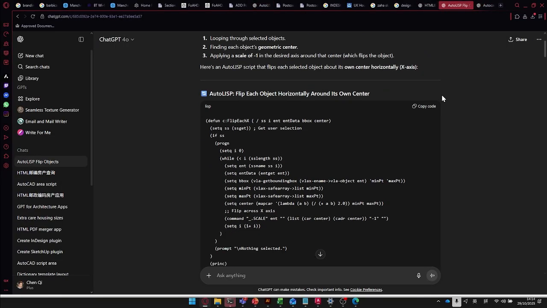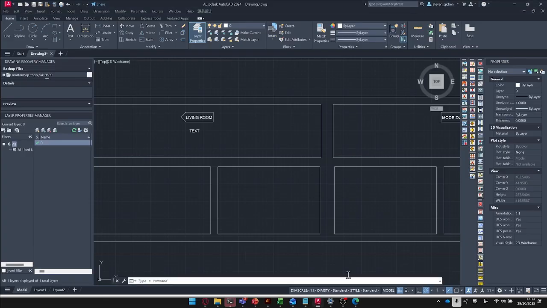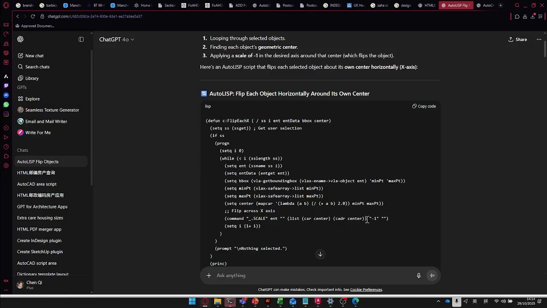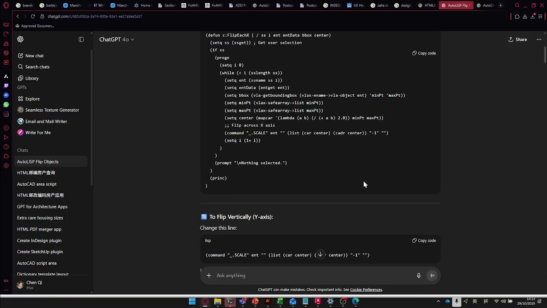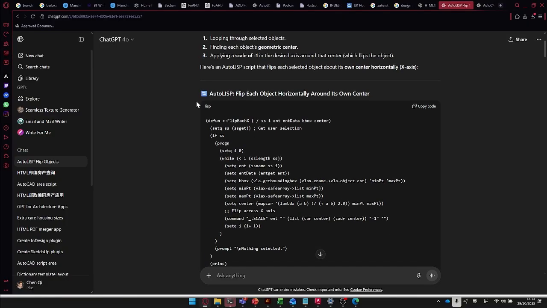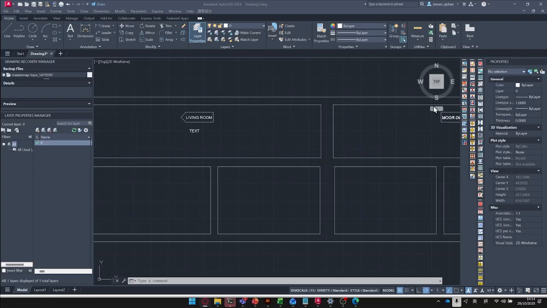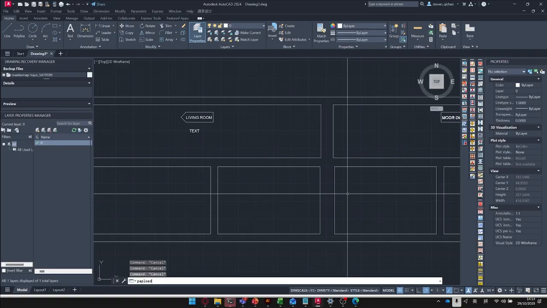We'll just use the example from the past. So what it produced for me was an AutoLisp script. If you've not used scripts in the past in AutoCAD, there are two ways to use the script that it gives you. One way is you can directly paste it in, or you can type in